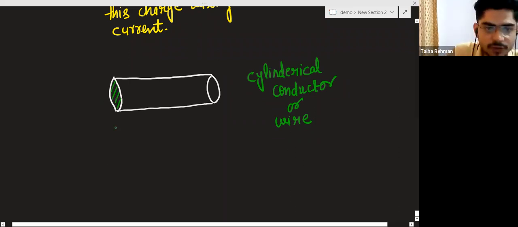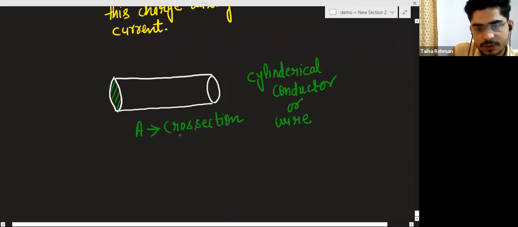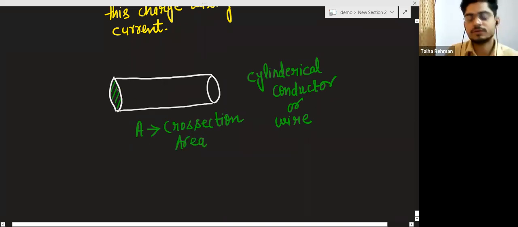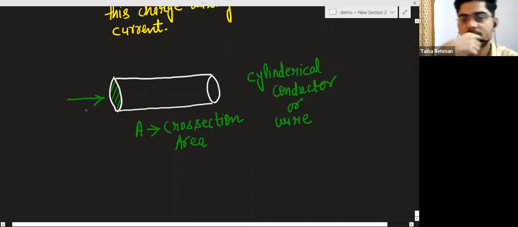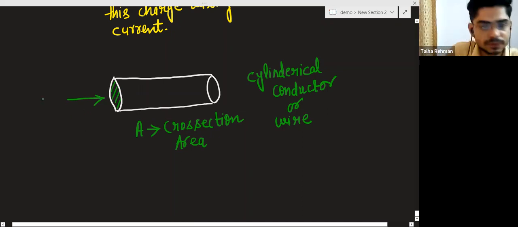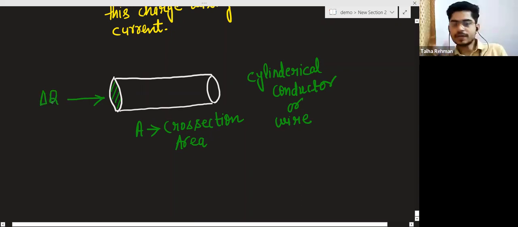I am representing the cross section area with A. And from this cross section area, some charge delta Q